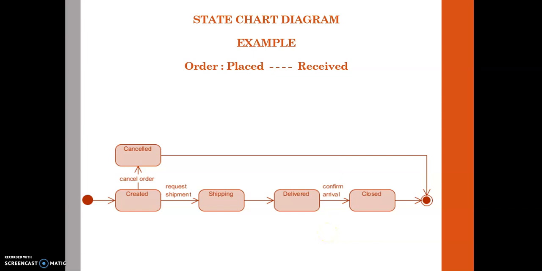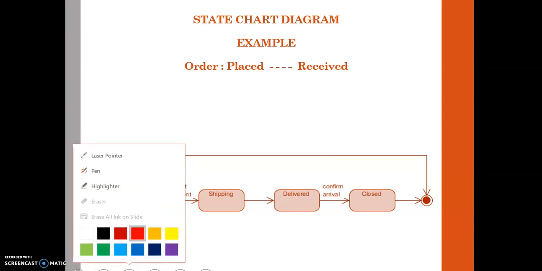Hello guys. So in these days we are talking about the state chart diagram, and we have already studied its use, its elements, symbols, different states, and also we talked about one simple example of the door, right? The door has only one simple state, right? And today we are going to talk about the order.